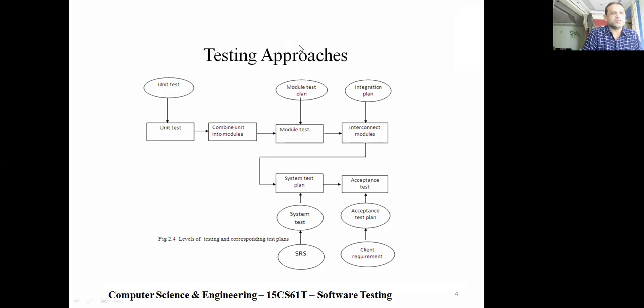So who is going to do it? Here we can see that the unit is at the smallest level. All the units are combined into modules and we do the module test. We call that the module test plan. All the modules are linked, that is integration testing, which is nothing but the integration plan. After all the modules are completed, we do the system test plan, that is system testing, where we test the software requirement specification. Acceptance is where we test the acceptance test plan, where the client checks his requirements. So these are the different levels we have discussed.